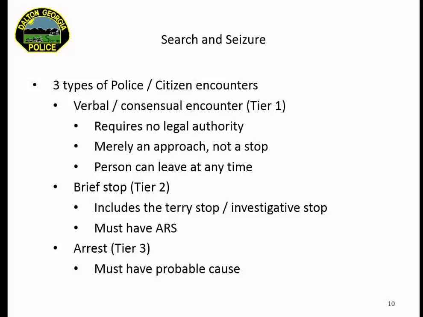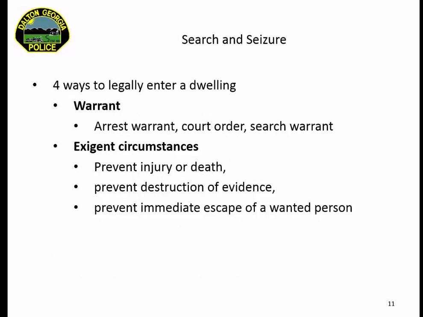A Tier 3 is an arrest, and you must have probable cause to arrest, and we all know that. But again, turning a Tier 2 into a Tier 3 is also something that officers around the country do, and maybe they've not gotten quite to that point of having probable cause. So be very careful with this, and be very mindful of what you're doing in order to keep yourself protected, and also to do the right thing and to do your job properly.